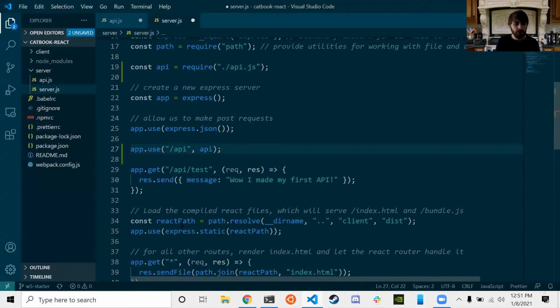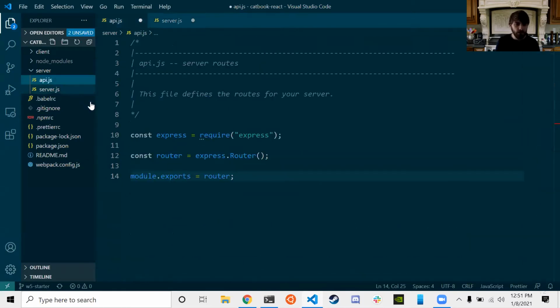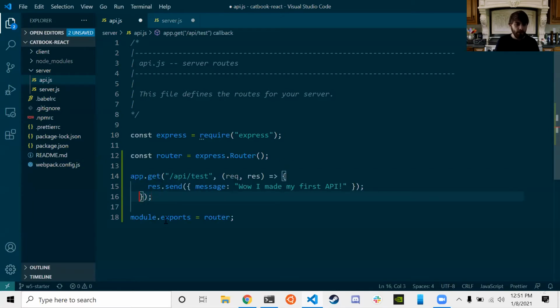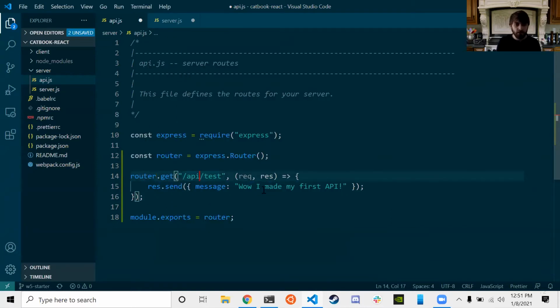And so to do that, we can just highlight this puppy. We can cut. We can go over to api.js, and I'm going to throw it right below the creation of the router there. And instead of app.get, I'll do router.get. And instead of /api, we will simply have /test. And to make sure I've differentiated things, I'm gonna throw this little line at the end there. So hopefully, if we save both of our files right quick,